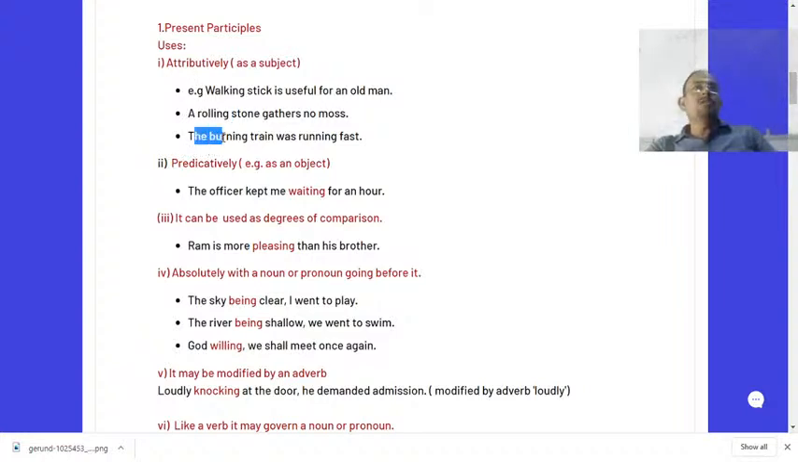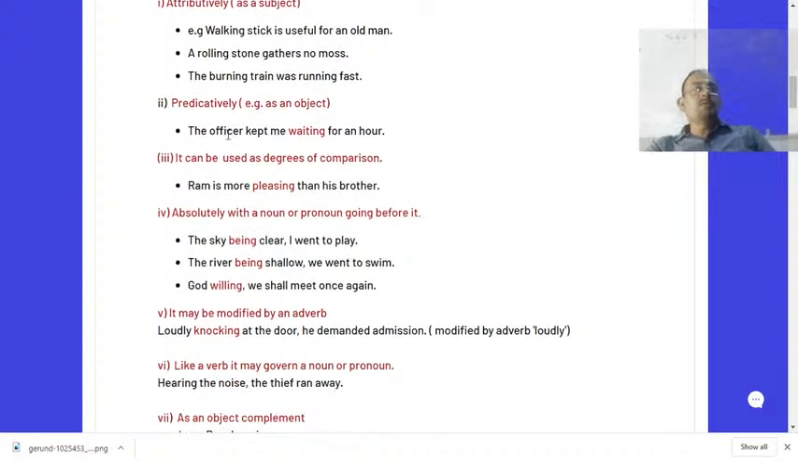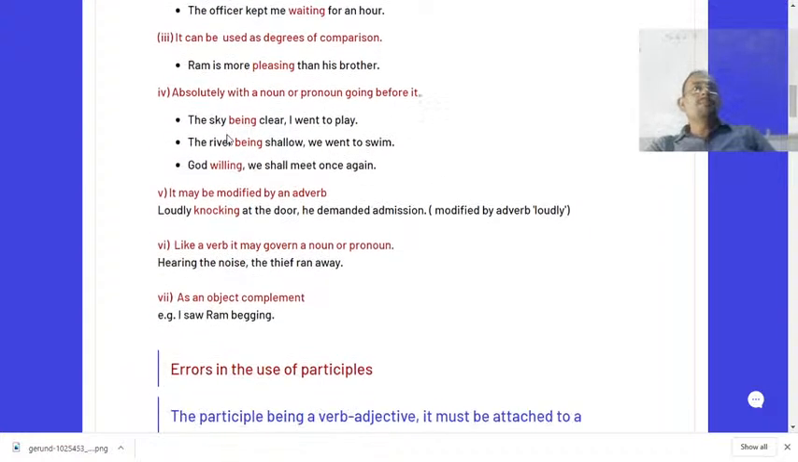For example, the burning train was running fast. Here again you can see the participle burning. The sentence starts with the burning train. The participle is given as a subject here. Therefore, it is used attributively. Now let's move on to the second use of present participle, that is, present participle